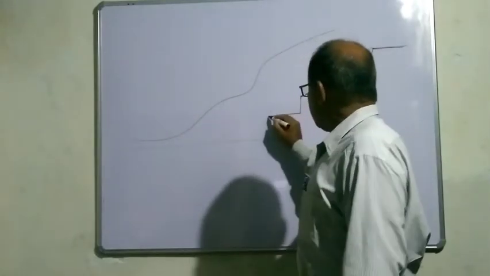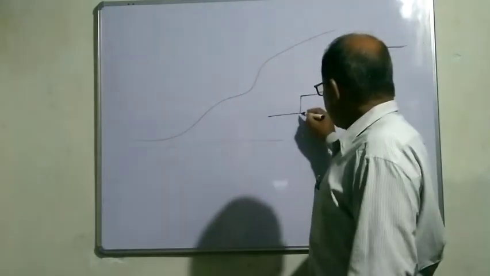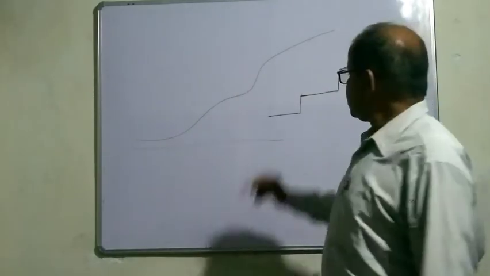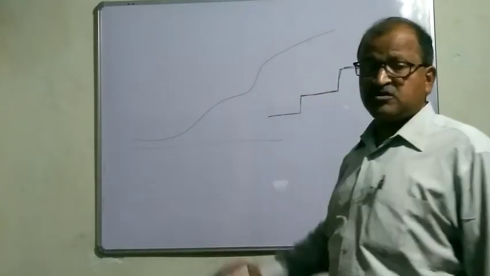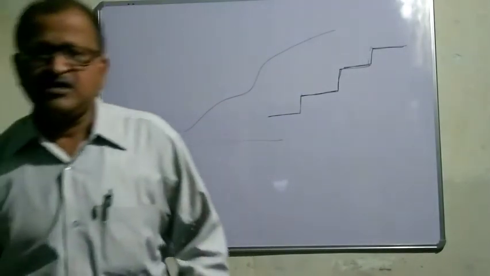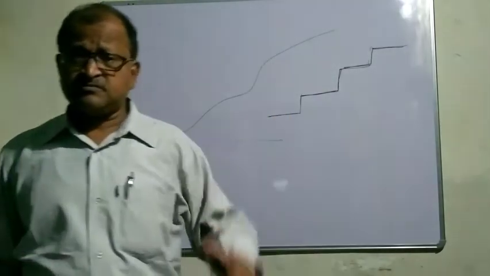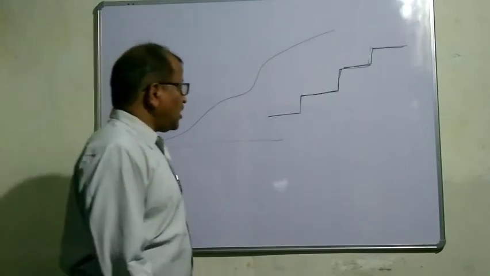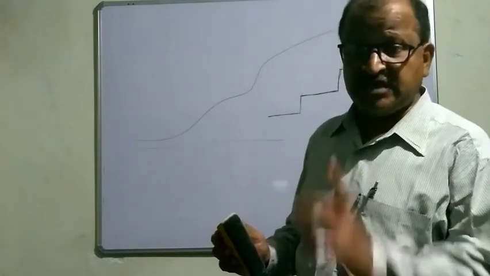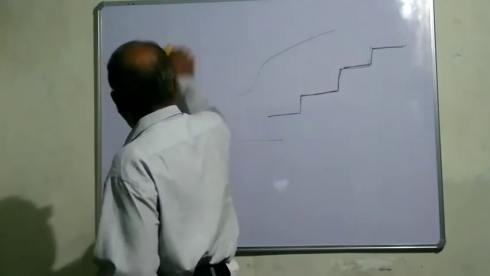But here you see, you are covering the distance but without changing the height. But at a certain point, the height suddenly increases. Then again for some time it remains constant. That is the step. So our function sometimes behaves like this, like a step. We have seen the graph of our function as smooth curves. But here you can observe the graph of the function will be just like a step, a staircase, like this.